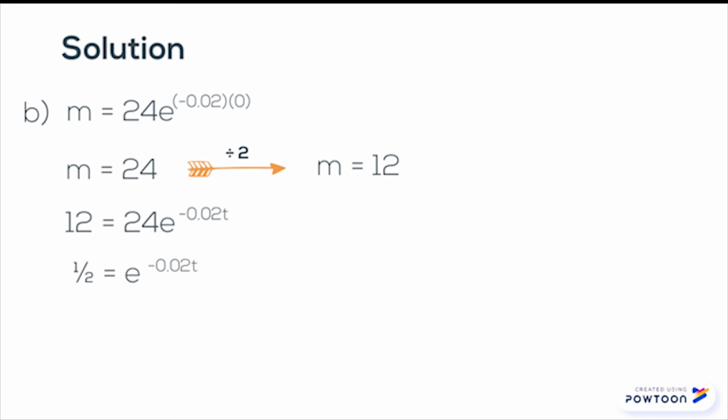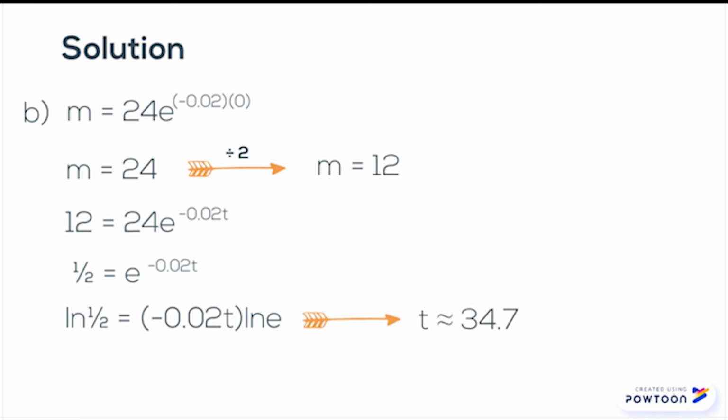Then we will take the natural log of both sides of the equation. Then we will use the power law to bring the power down and times it with the log, and we will get ln of 1 over 2 is equal to negative 0.02t times ln e. After that, use the calculator to calculate t, and we will get t is approximately about